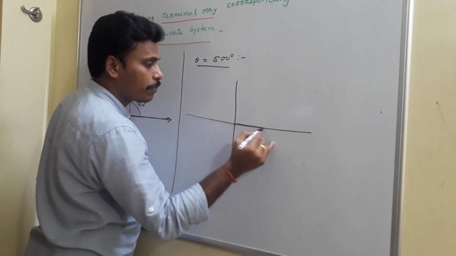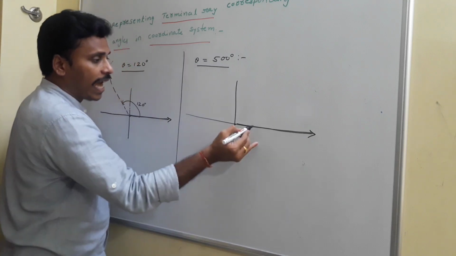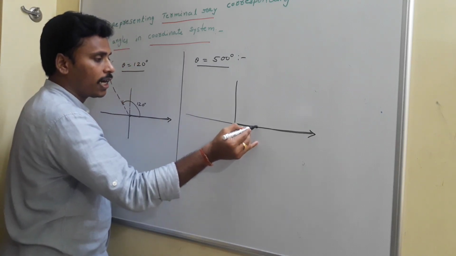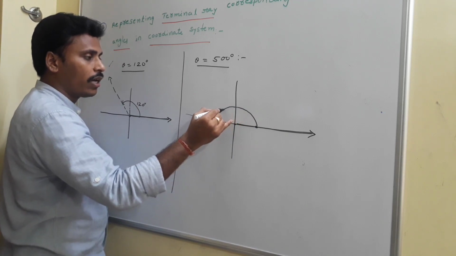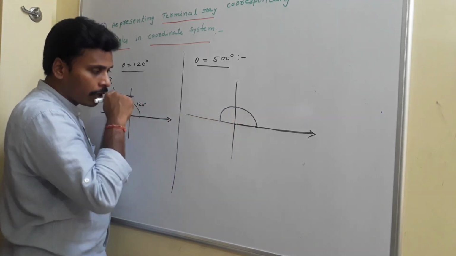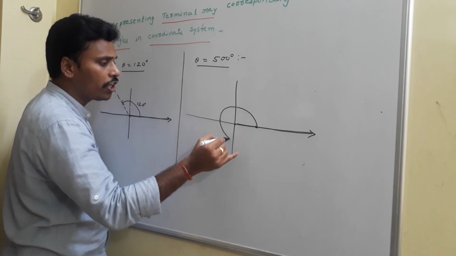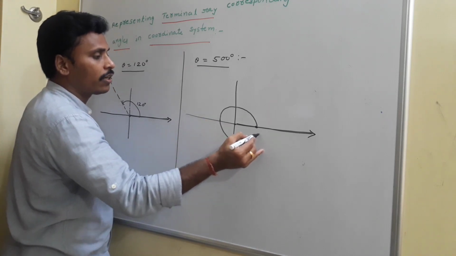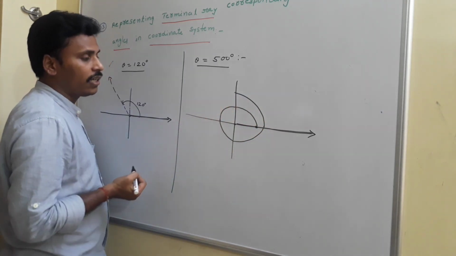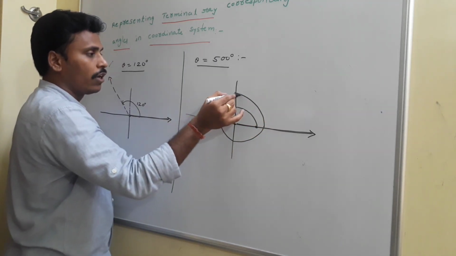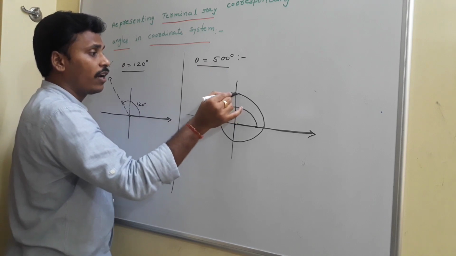This is the positive x-axis. Catch it, start the movement, rotate it. You reach an angle of 90, rotate it, you reach 180, still rotate it, you reach 270, still rotate it, you reach 360, and still rotate it. 360 plus 90 is 450. So we need to get 500, rotate it.